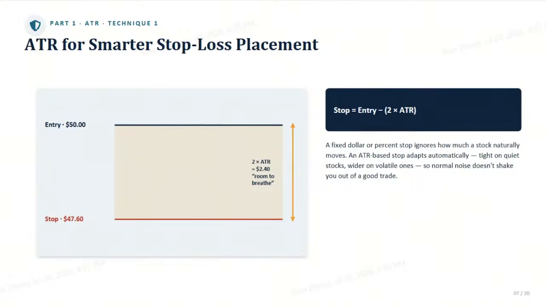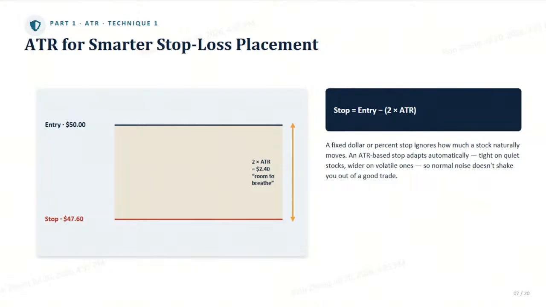Here's how an ATR-based stop works instead. Let's say you buy a stock at $50, and its ATR is $1.20. A common approach is to place your stop somewhere between 1.5 to 2 times the ATR below your entry. 2 times ATR here would be $2.40, so your stop would sit around $47.60. That gives the trade enough room to breathe through normal daily noise, while still protecting you if the move genuinely